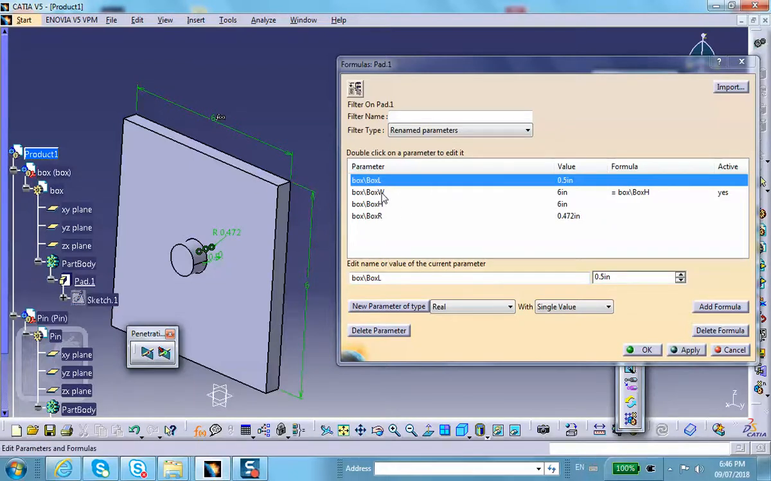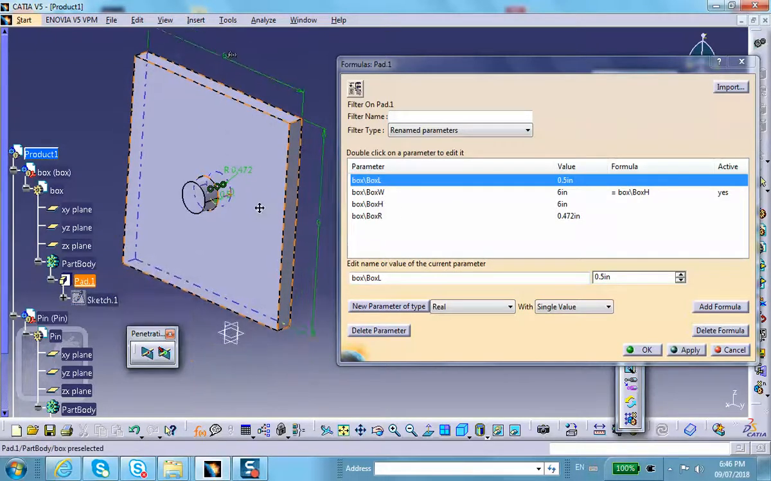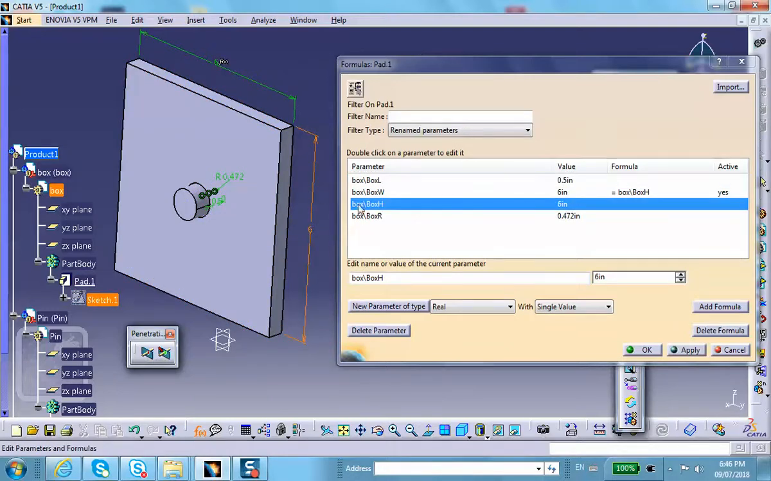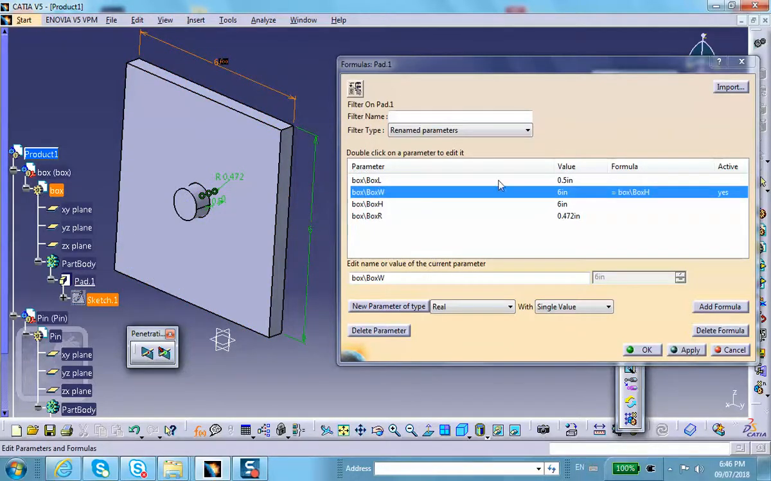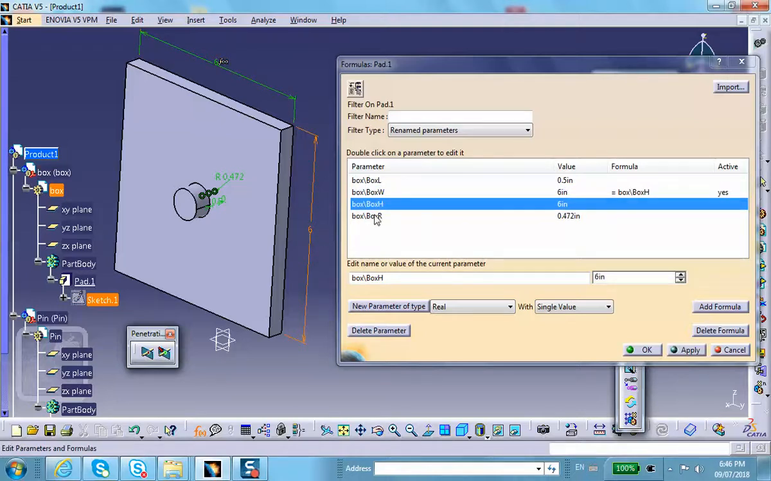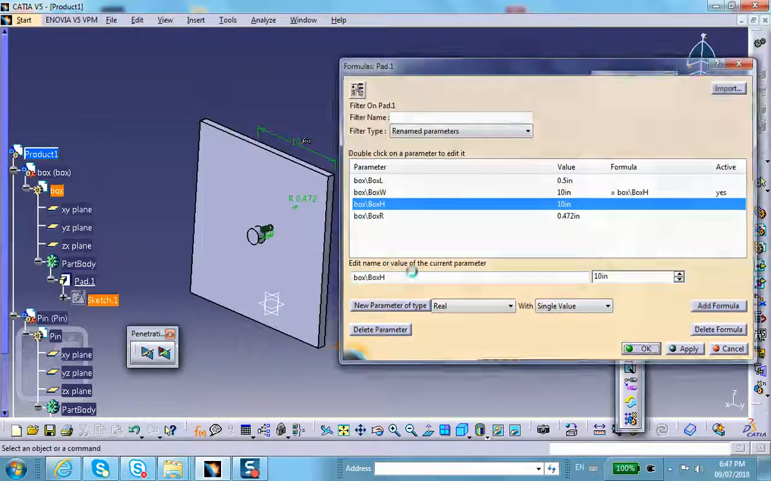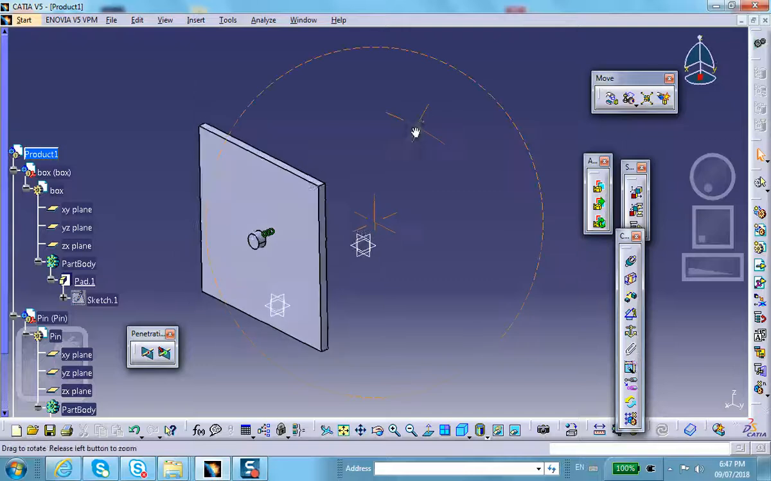If you want to change, for example, this guy, you can change this guy, but that guy you cannot change because there's an equation, okay? So for example, this I can say, I don't know, maybe 10, apply, update, and there we are. So whatever we did for parts also works for assemblies. It's just that you have to be careful when it comes